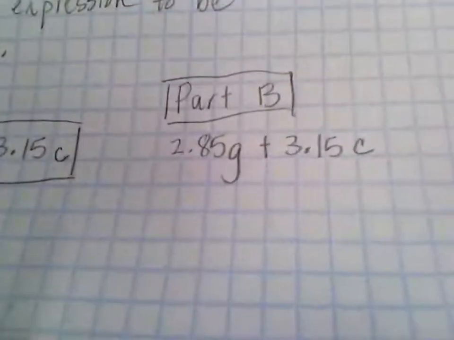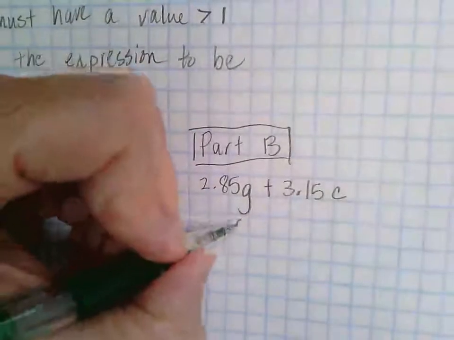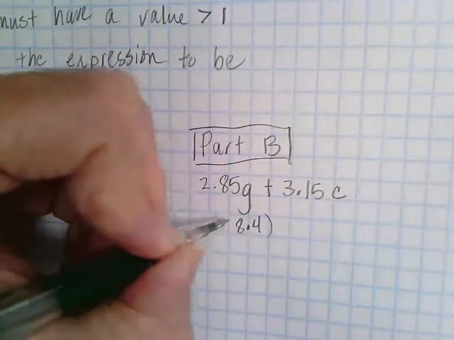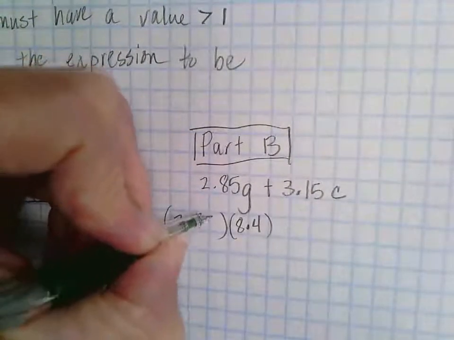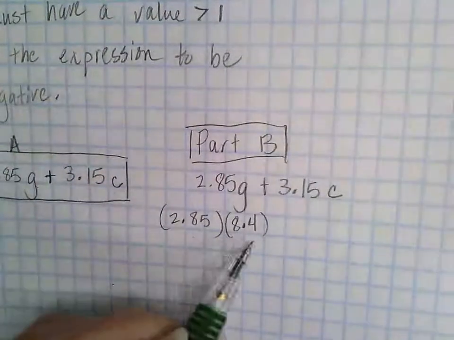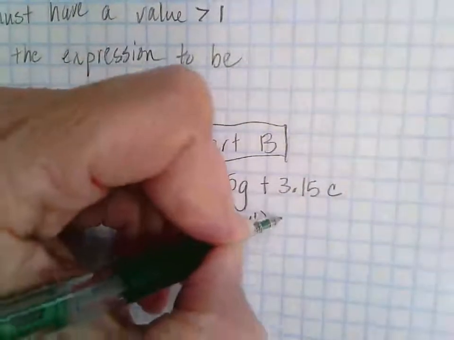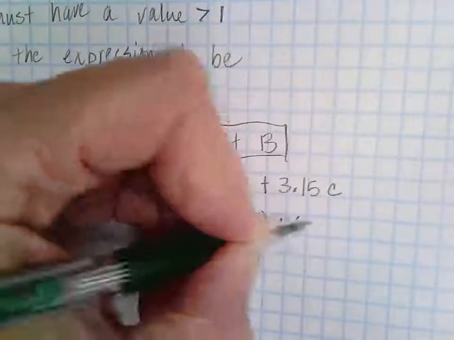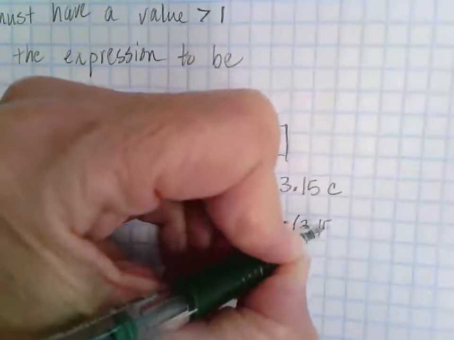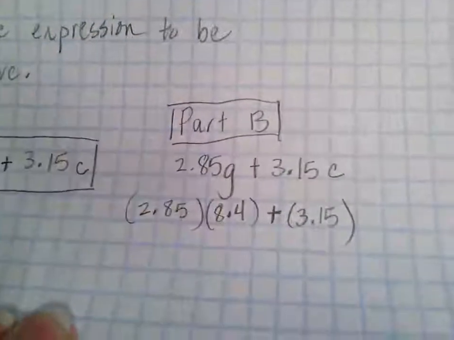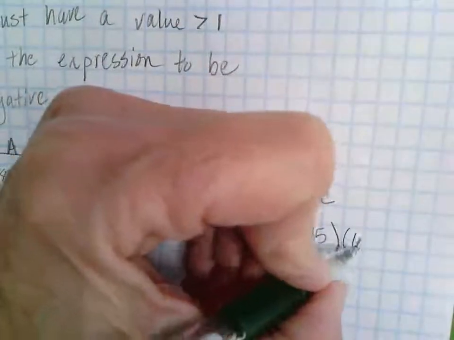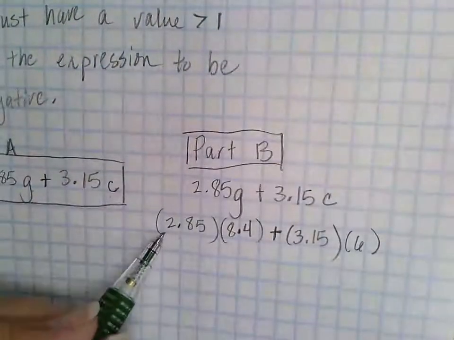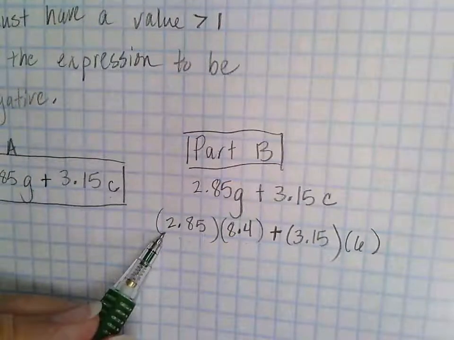It tells us that he bought 8 4/10 gallons of gasoline. So we're going to multiply those two together, and then we will add $3.15 times the number of cans he purchased, which was 6, and using our calculator